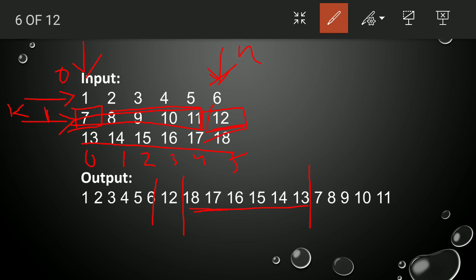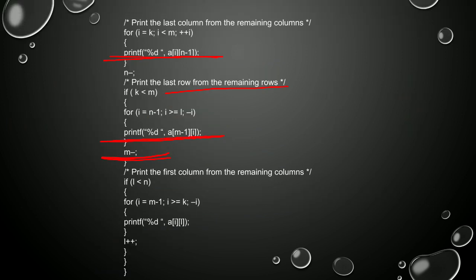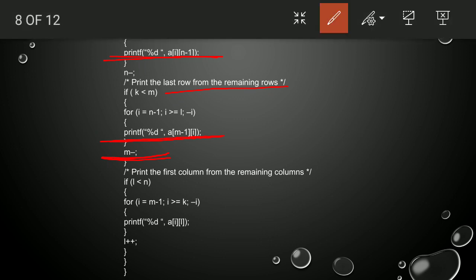So for printing this one we have the last condition: if L is less than n, that is the first column is less than the last column, we are printing a of I comma L, and I is starting from m minus 1. That is, m is 3, but it is decremented, so it is 2, 2 minus 1, that is the first row.